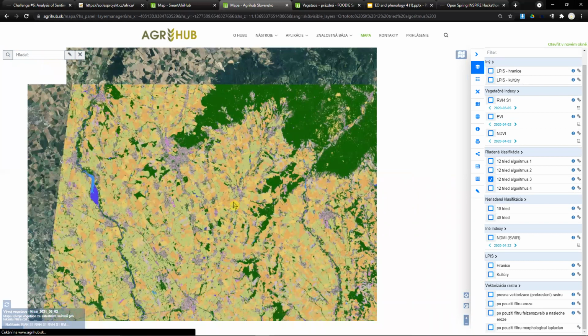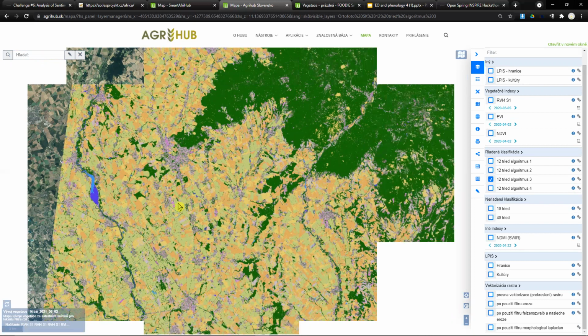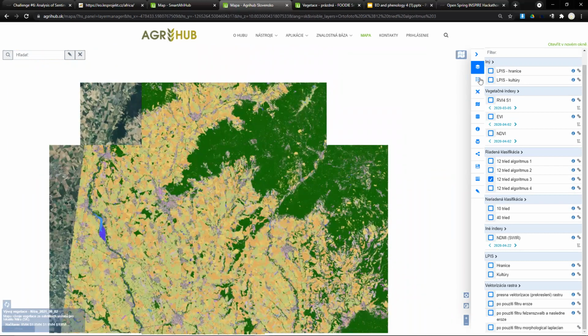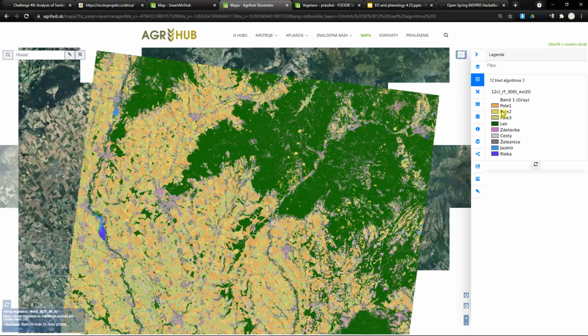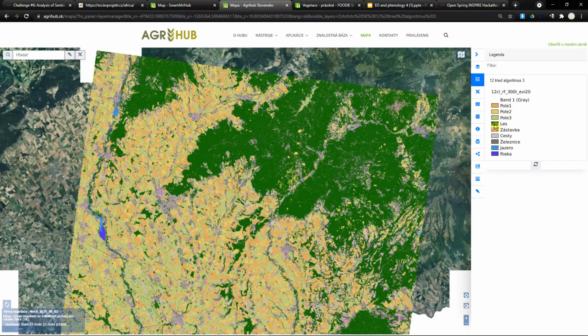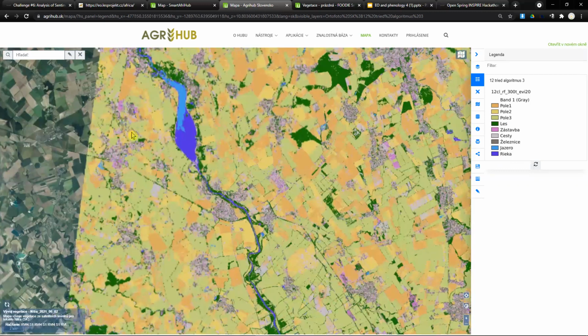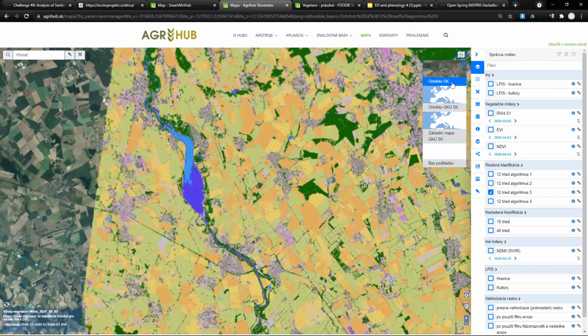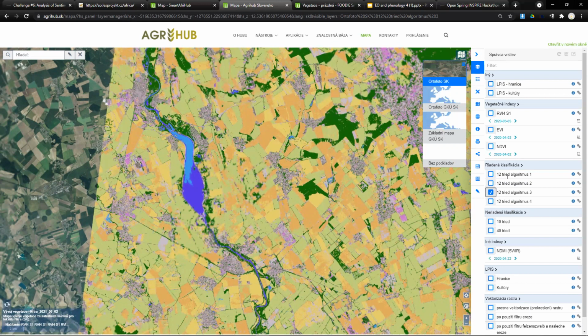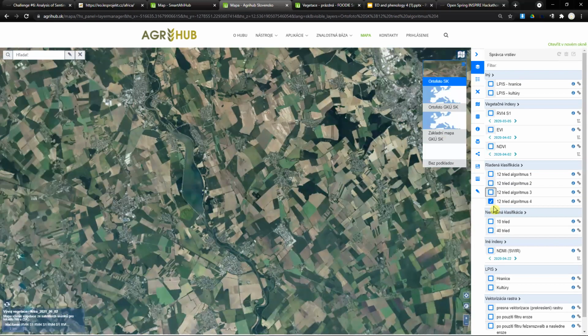And here you see the result. It's only some basic classification, only a few classes are classified. If you don't understand Czech, this means these three colors are fields. This green color is forest. Then you have urban areas, roads, railways, lakes, and rivers. So you can compare the results with the orthophoto image, and you see we've used different algorithms to classify the images, and each algorithm is better for a different purpose. So it depends what you want to do